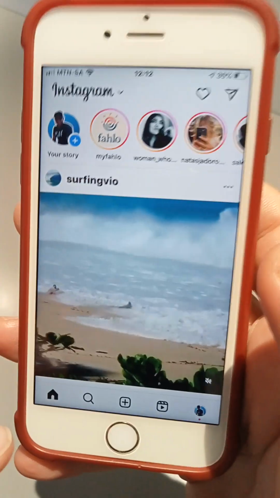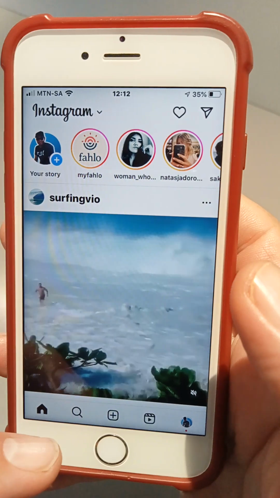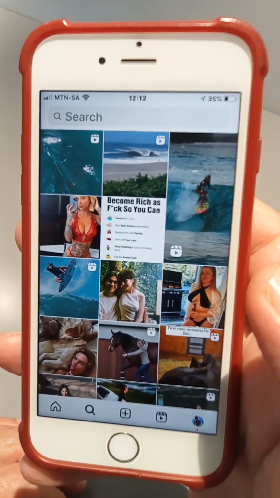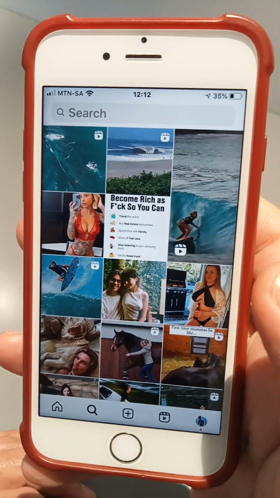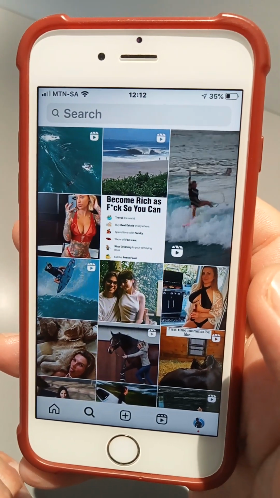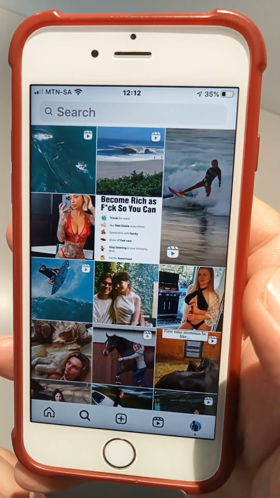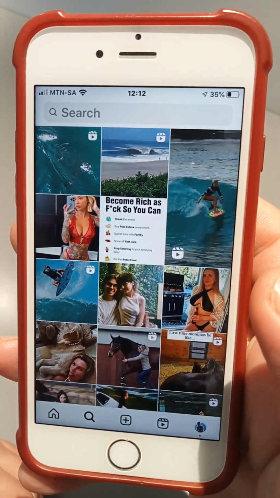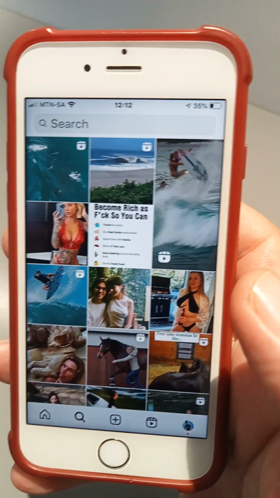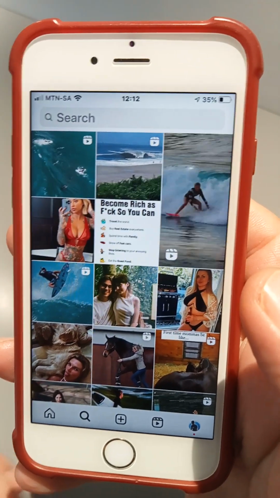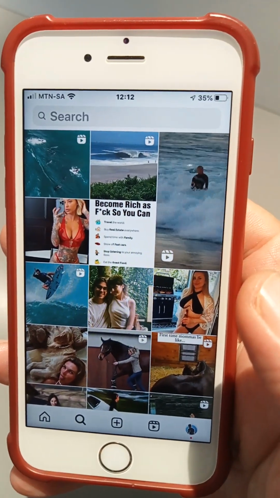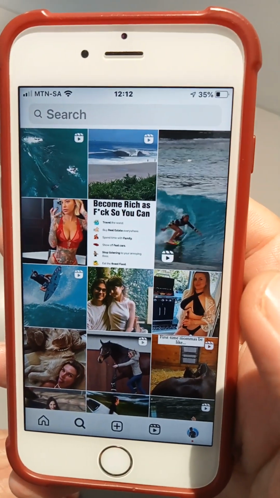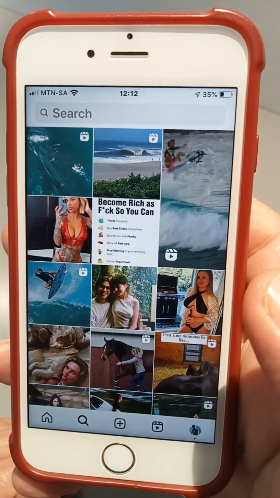So if you look down to the bottom again, we're going to move to that little magnifying glass. Now this is the explore page. Instagram calls it the explore page. Now these aren't your followers. These are very popular posts, whether videos or photos, of accounts around the world. Now, Instagram does put some sponsored posts in between there. So when you create an advert, your posts can go within this explore page, but that's another tutorial